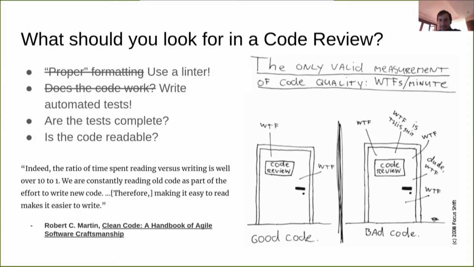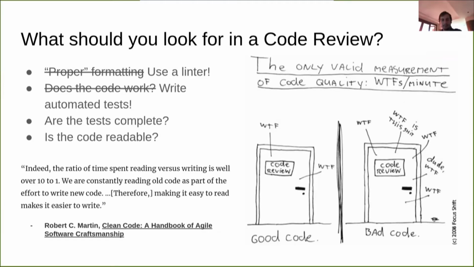One of the most important things, in my opinion, for quality code is code that's easy to read and easy to maintain, for the exact same reason this quote talks about. I mean, not just the time it takes to read it, but the time it takes to maintain it. Code that is not well designed is really hard to modify. So writing code that is easy to read and easy to modify is one of the most important things we can look for in code review, in my opinion.